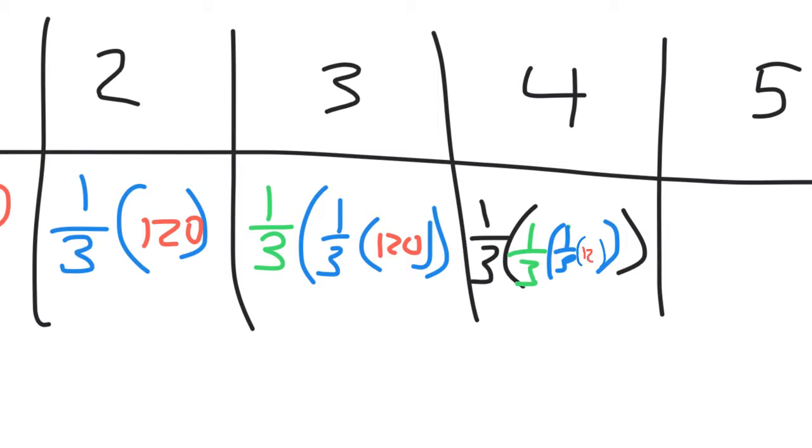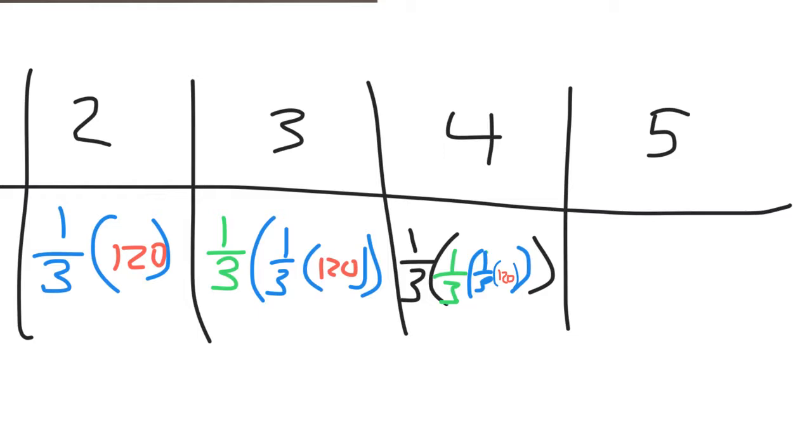This is me being perhaps unnecessarily thorough with this sort of demonstration of what's happening here. So this is going to be 1/3 of this, right? So it's like, all right, 1/3 of, we'll wrap this up in yellow. 1/3 of 1/3 of 1/3 of 1/3